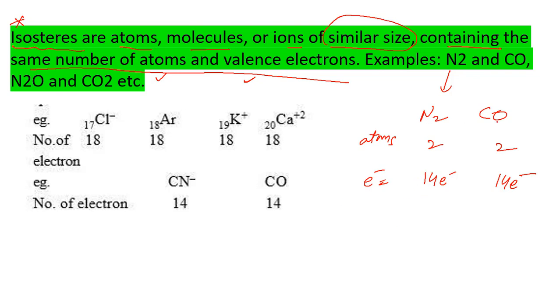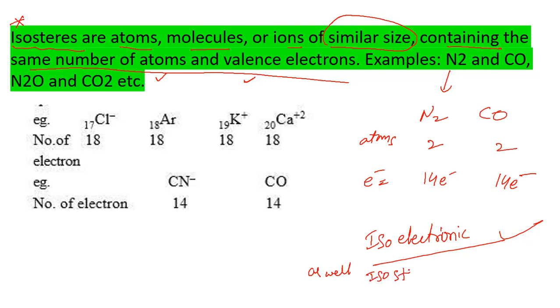Okay, you can say nitrogen and carbon monoxide are isoelectronic also. Yes, it is possible. Isoelectronic as well as isosters. See here, 18 electrons. So isoelectronic, and the number of atoms is only 1, so isosters. Okay, isosters. So note the point here,